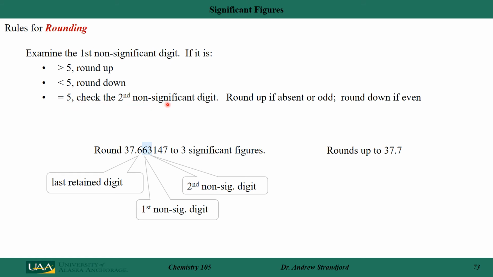Okay? In some cases, if my first non-significant digit is actually equal to 5, then I need to check the second non-significant digit. I got to move over one more digit. If it's odd, okay, I round up. If it's even, I round down. It sounds like some unusual rules, but that's just what's been adapted in the sciences. Let's now